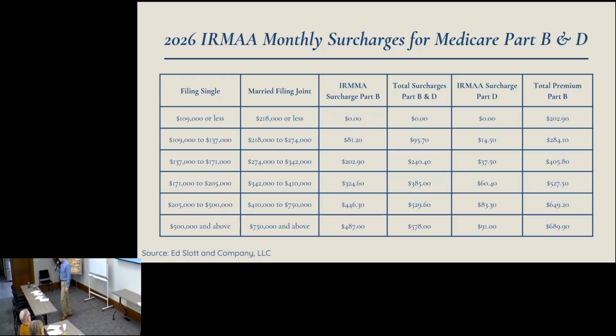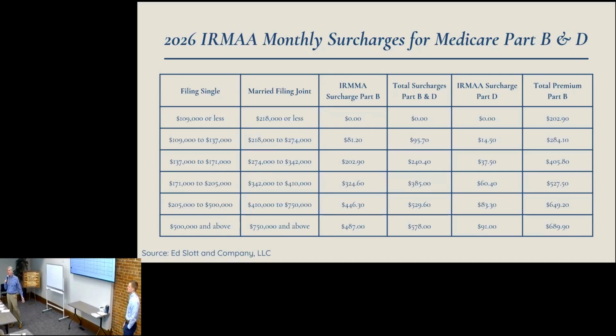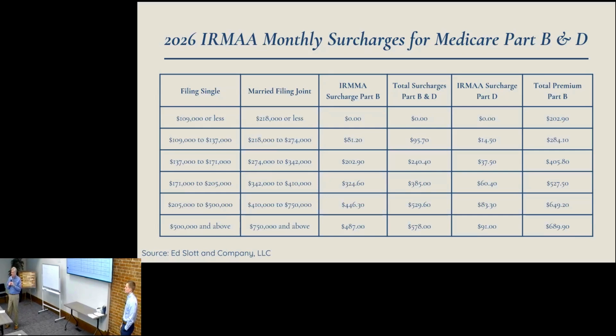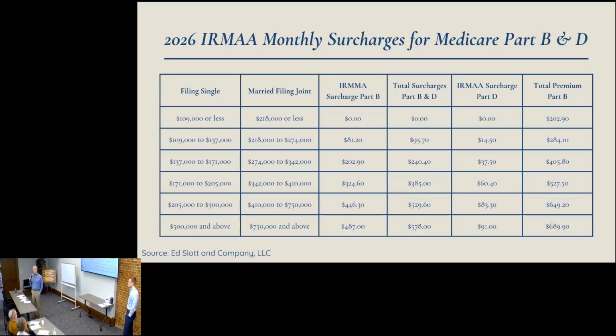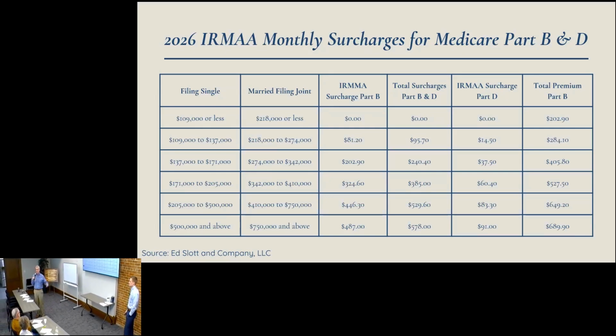Why is that important to know? A lot of people go, well, I'll never make over 109, or we're married, we'll never make over 218,000. Well, we see it frequently. We'll see it when maybe a farmer wants to get out of farming and they sell a lot of equipment. And they have all that depreciated equipment that they have to recapture and pay income tax on. Or somebody sells 40 acres of land, or for some reason or another, they're selling something big and it jumps